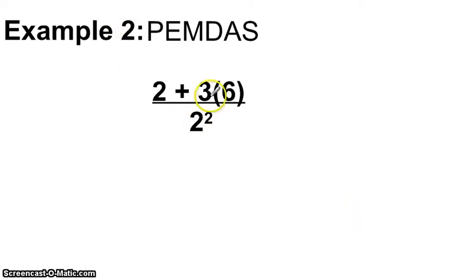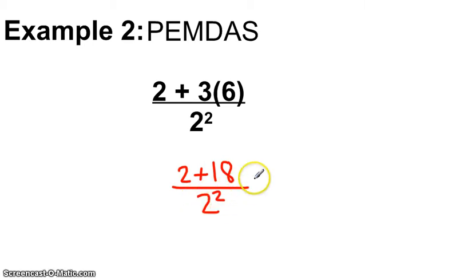Example number 2. Here I do have a parenthesis, so I'm going to want to do that first. So here 3 times 6 is 18. I'm going to rewrite the rest of my problem and see what I need to do next. Well, I notice that there's an exponent here, so I definitely want to complete that. So I get 2 plus 18